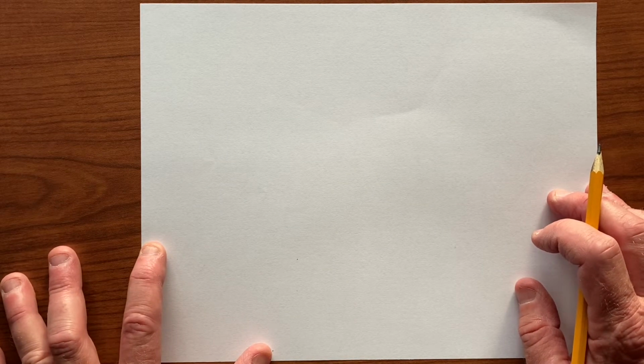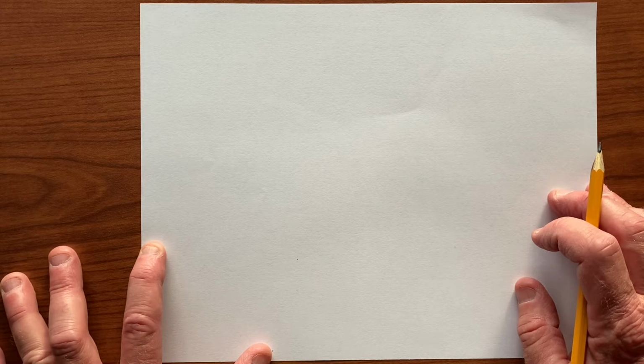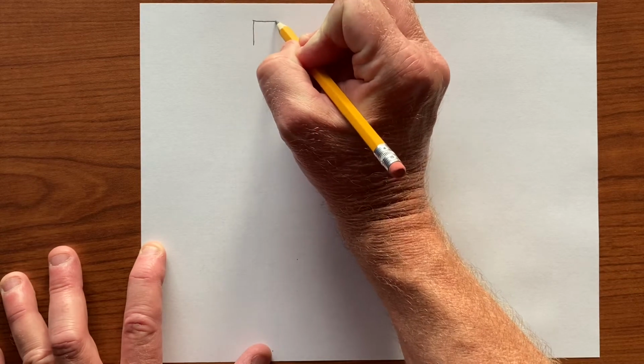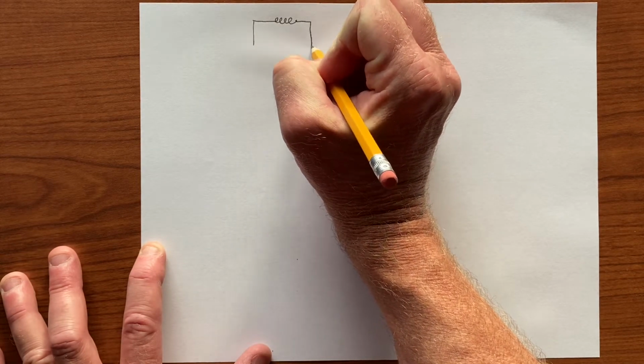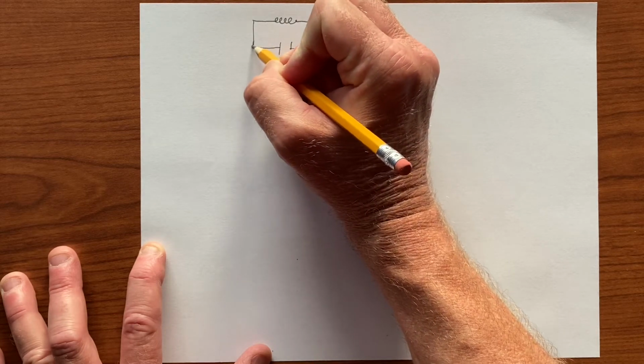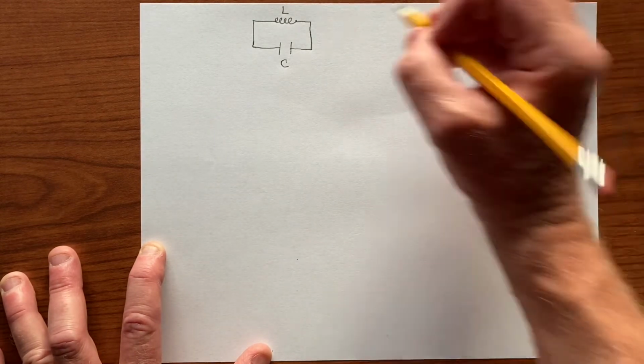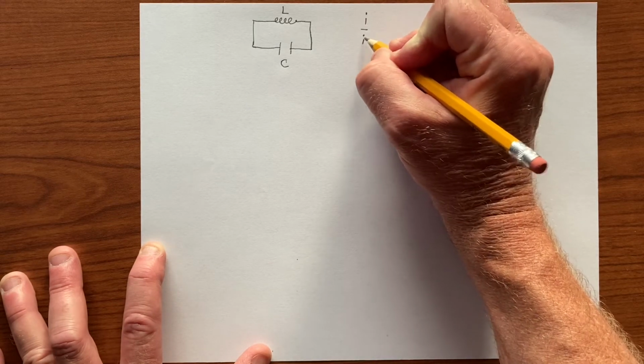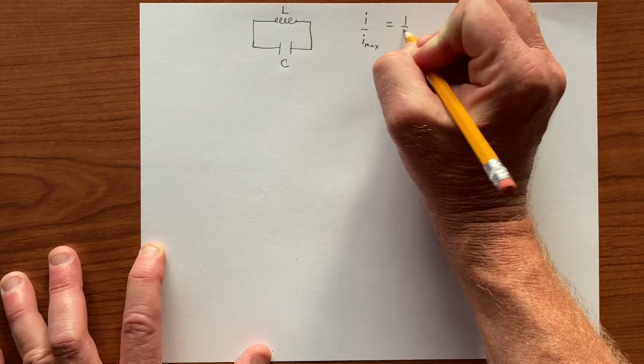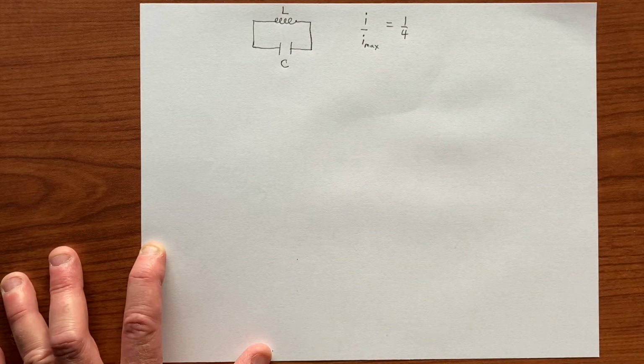Okay, so let's say we have an LC circuit, and at some moment in time, the current in the inductor, the current in the circuit, is 1/4 of the maximum value. So here is our circuit, here's our inductor, here is our capacitor, and we'll label them like that. So we're in a situation where the current is 1/4 of the maximum possible value in the inductor,